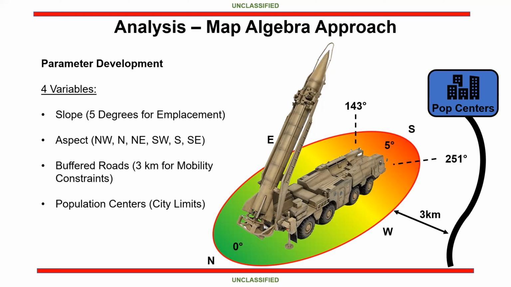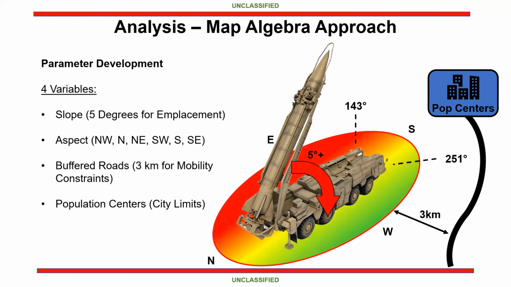And then here we have the key to the slope piece as far as keeping that aspect north-south rather than east-west, because then you start getting kind of parked sideways on a hill, 5 degrees or greater, you risk a rollover event. Really, once you raise that missile, all that weight's getting pushed up, makes it really easy for it to fall over. And obviously, you don't want that happening. So that's kind of the basis that I ran off of for the variables,